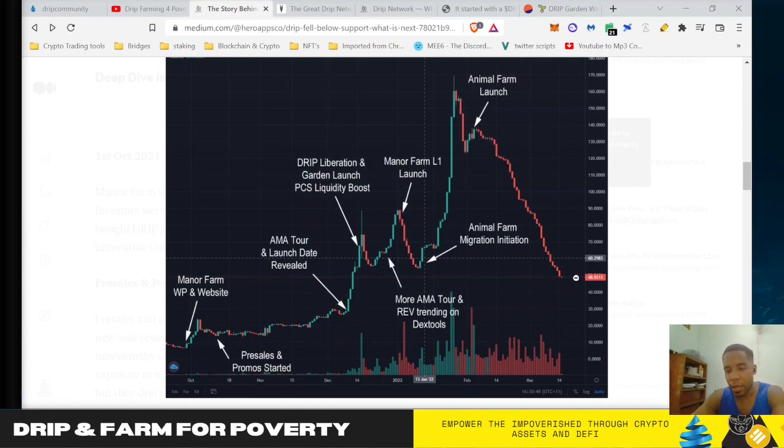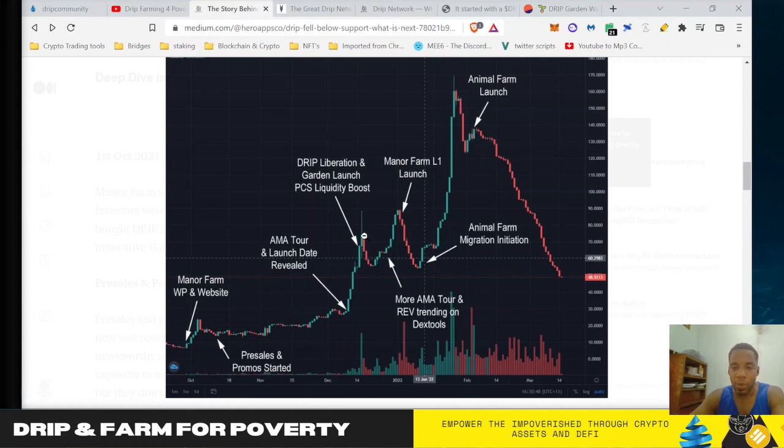We saw this already with the one from my friend Andy. He got in and a bunch of people followed him, and then the PancakeSwap bunny came out. We had a big pump there. So you can see these cycles. Hopefully you start to see a pattern. So the same thing happened here. A lot of people bought in, and then whenever it goes up, what do they do? Well, they sell. And the Drip liberation contract and the PancakeSwap liquidity was added here. And then for all these people that got in here or that were sitting sideways, they sold off.